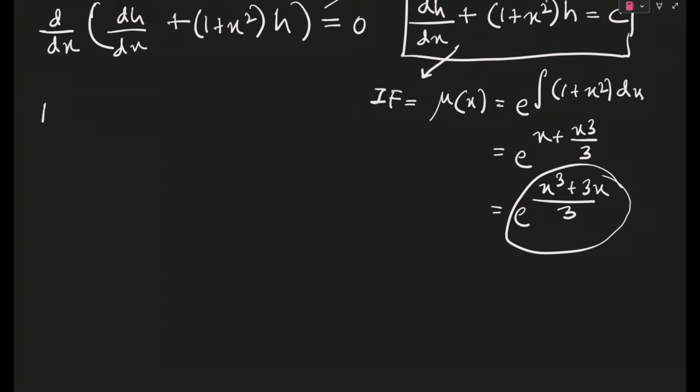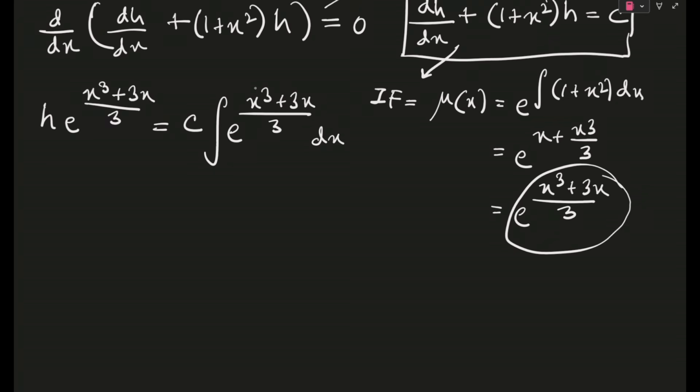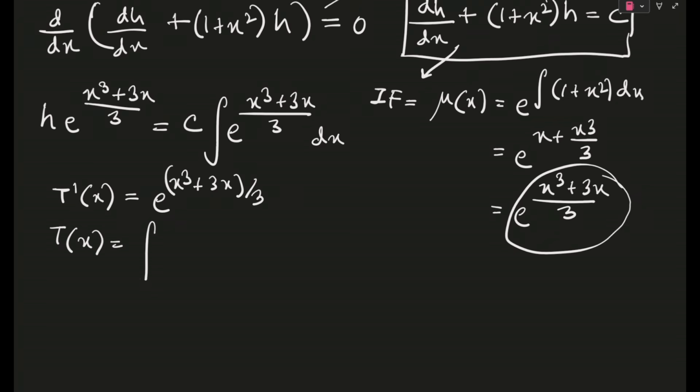We can write this as h times integrating factor, which is e power x cube plus 3x by 3. I will bring in the t function later on. First, let's solve this. So this thing will be equal to c times integration of e power x cube plus 3x by 3 dx. Now this particular thing we can't solve, and we don't need to also, because if we see carefully, t dash x was given to be e power x cube plus 3x whole divided by 3. So from here we can actually write that t of x is the integral of e power x cube plus 3x by 3 dx. And one more thing guys, we will see this later on, but still I am saying t of x is an increasing function,